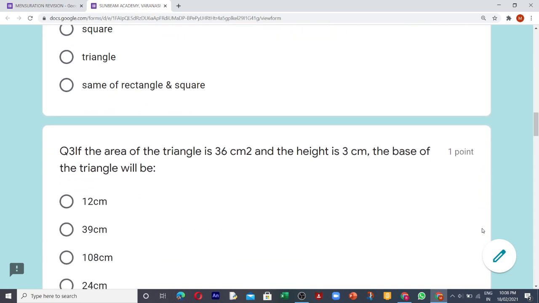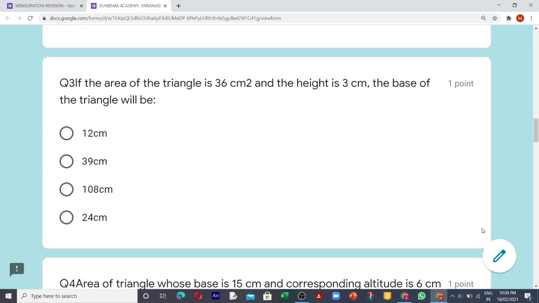Now third question, children. This is the third question. You just solve it, and then when I give the link, you can click it and see whether your answer is correct or not. So right now you just solve it, children. I am giving you time to solve it in your rough notebook, and then be ready with your answer. Once I post the link in the chat box, you have to click on that and fill this. Then automatically you will get your scores.